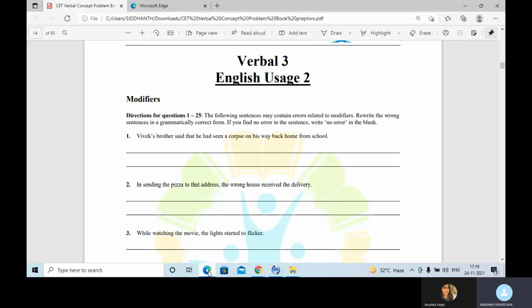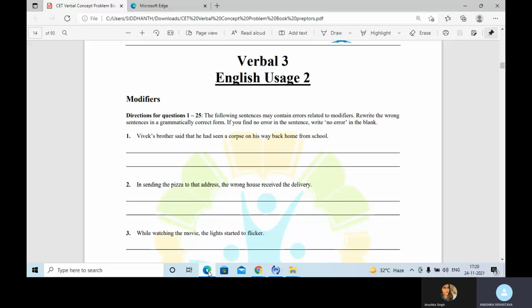The second type of error is known as dangling modifier. Now, dangling modifier is the error in which the modified, which is the subject of the sentence, is not present. All we need to do is add a subject so that the sentence becomes complete and it starts making sense. When I talk about adding subjects, we can only add subject pronouns as I, we, this is first person, you, which is second person subject pronoun, he, she, it, they, these are third person. And if we are speaking about somebody in general, we can use the pronoun one, O-N-E, one.